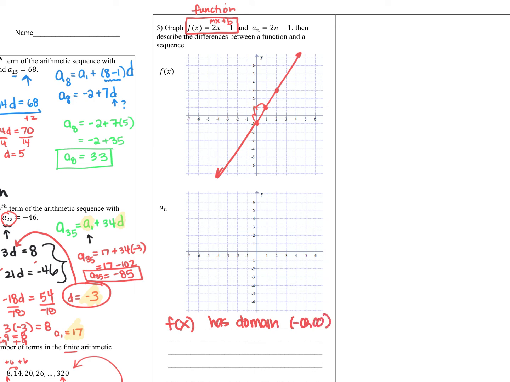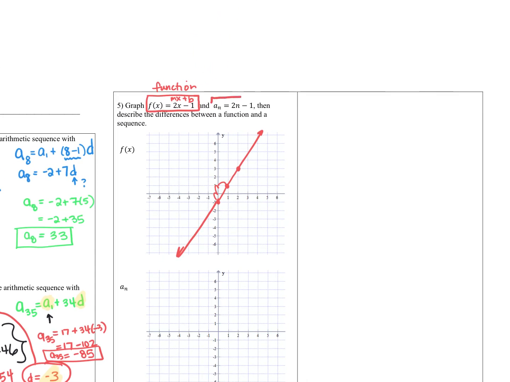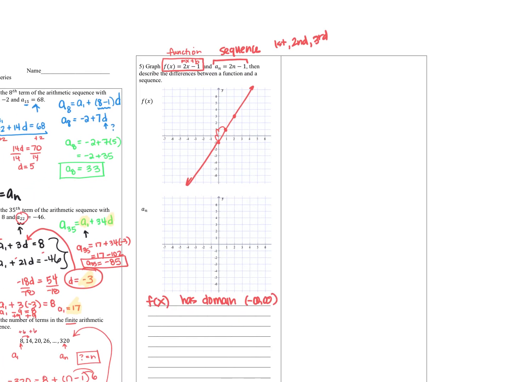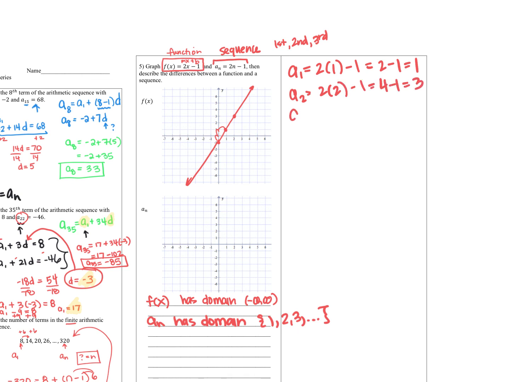Now, when you look at a sub n, this is telling us that we have a sequence. And for that, because we have a first term, second term, and so on, our domain is only going to be whole numbers. So we can write that as a set, 1, 2, 3, and so on. And so what that looks like, if I want to find the first term, it's 2 times 1 minus 1, which is going to be 2 minus 1, which is 1. A sub 2 will be 2 times 2 minus 1, which is 4 minus 1, which is 3. And if you keep doing this,